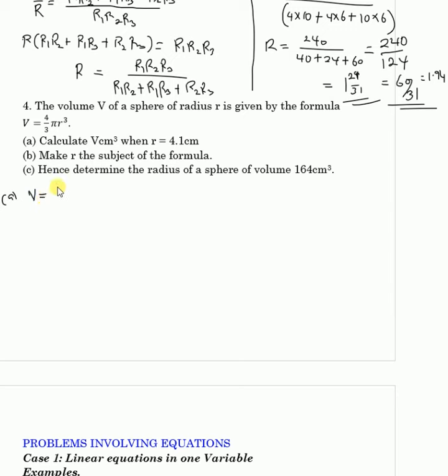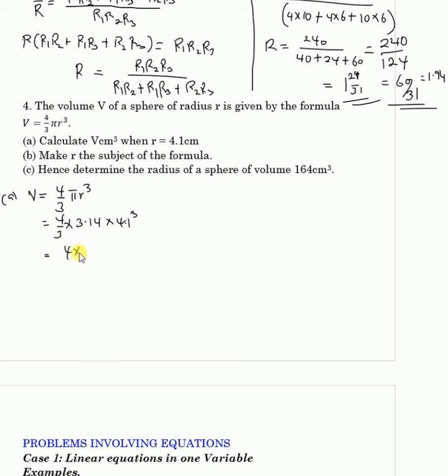we have that V is equal to 4 over 3 pi r cubed, which is equal to 4 over 3. We shall use 3.14 times 4.1 power 3, because the formula is 4 pi r cubed over 3, and now they are trying to find V when r is 4.1. So just get r, you have it as 4.1. So 4 over 3 pi r cubed. And we have